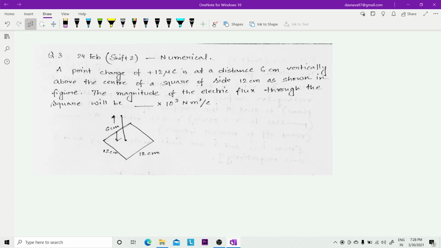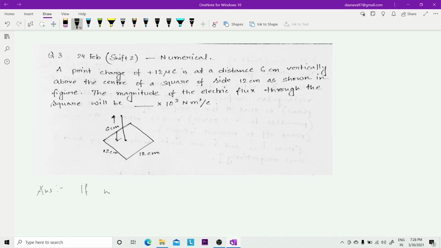Now let's start with another question from 24th February shift 2. A point charge of plus 12 microcoulomb is at a distance of 6 cm vertically above the center of the square of side 12 cm as shown in the figure. The magnitude of the electric flux through the square will be,